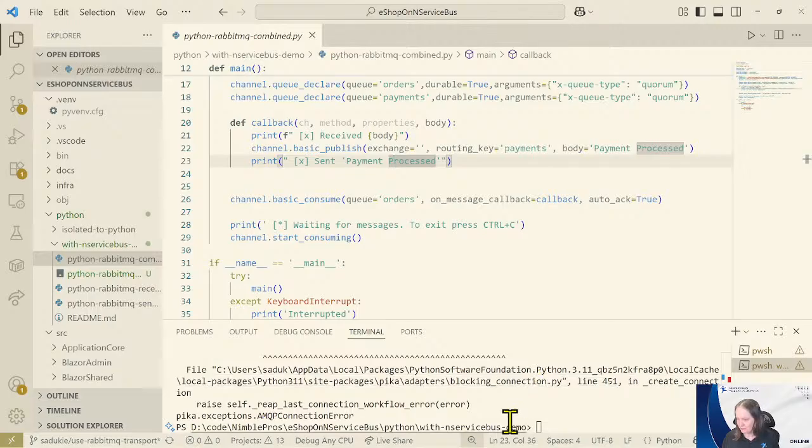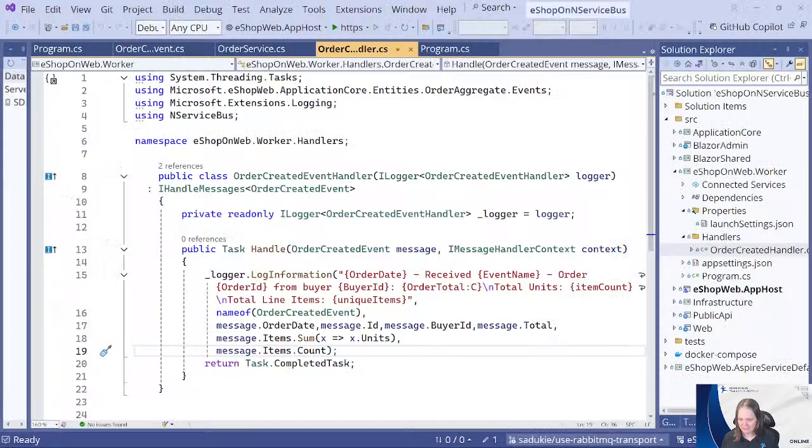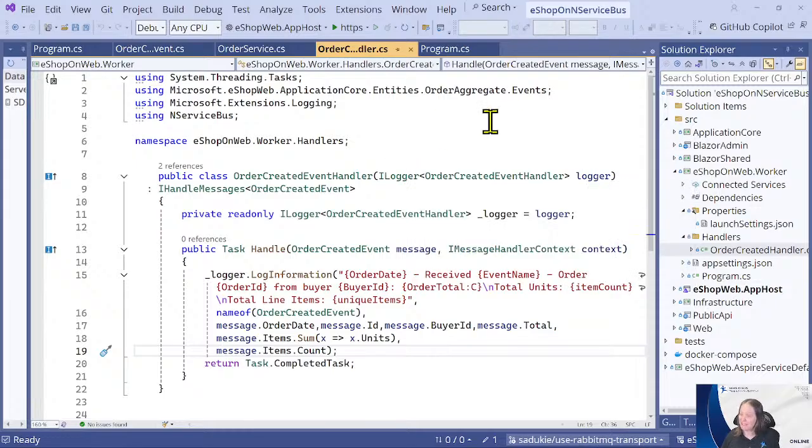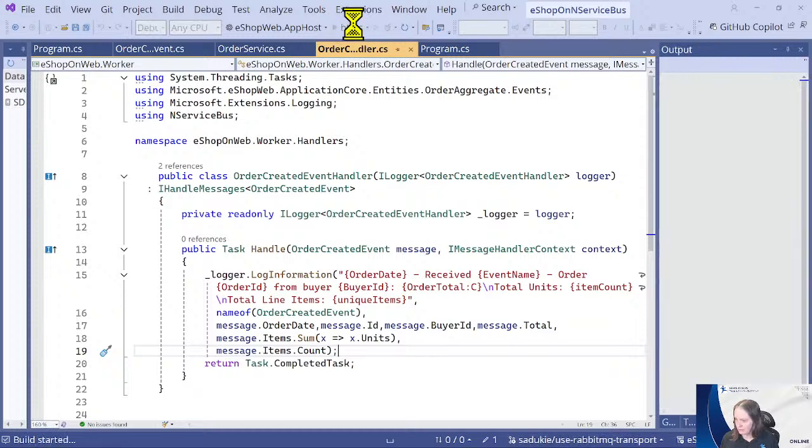All right, so on the Visual Studio side, again, they're separated intentionally because this is typically an external team. All right, I'm going to go ahead and run this with Aspire.